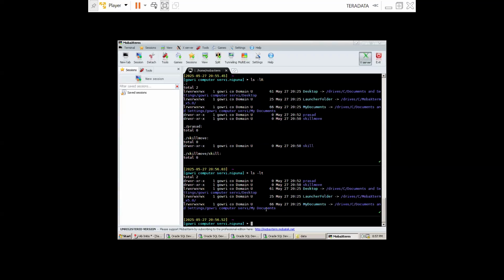Suppose a person has hidden a document. You want to know what the hidden document is over there. For that, what command will you use? Anyone? Can you repeat the question once, sir? Suppose in a directory you have some hidden documents or hidden directories. So how can you visualize them? ls -a. Yeah, correct. ls -a will give you the